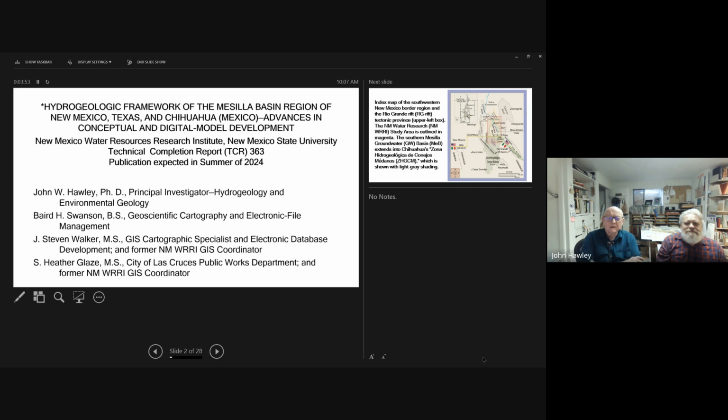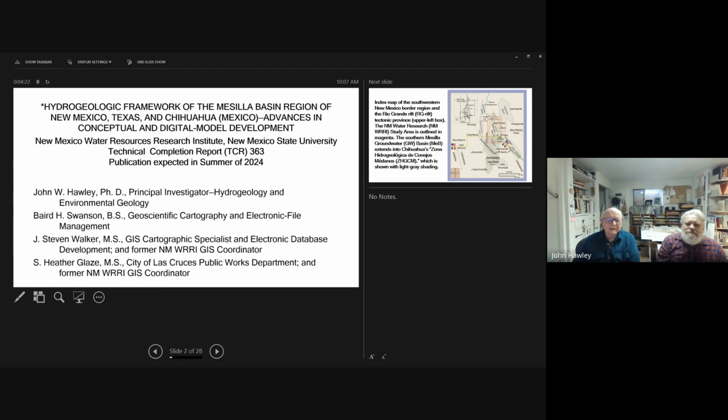He prepared many of the illustrations that we will be seeing this morning, and the other co-author is Steve Walker, who is right now a GIS cartographic specialist and electronic database and hydrogeologist with the city of Santa Fe, New Mexico.